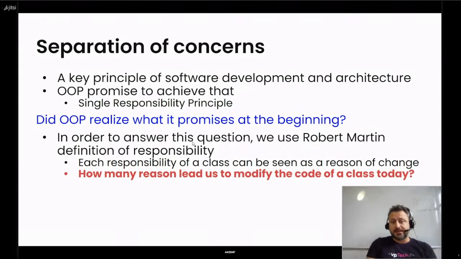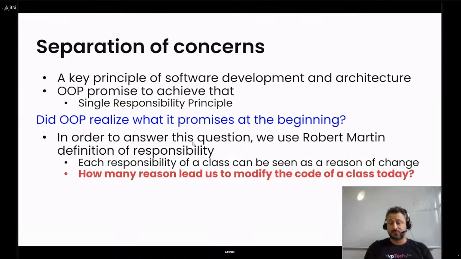In order to answer this question, let us use the following definition of responsibility given by Robert Martin: each responsibility of a class can be seen as a reason for change. So today, for all the developers that use an object-oriented programming language, ask yourself: for how many reasons do we modify the code of a class?